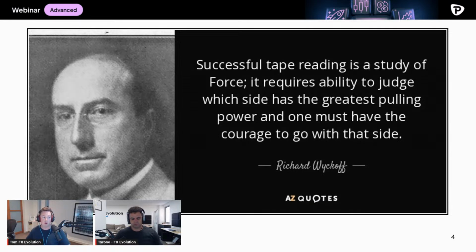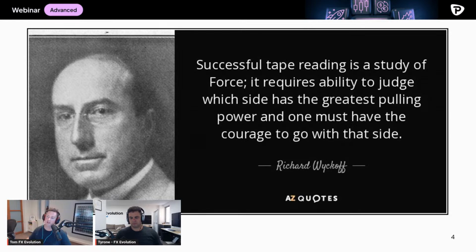Whether it's Druckenmiller, whether it's Wyckoff, whether it's another one of your favorite investors or traders, they all have very similar quotes. And you'll notice that a lot of the quotes are talking about the study of force or basically thinking outside the box. If it was as easy as following a trend, then everyone would be doing it. And they do say the trend is your friend. There is no doubt that following trends and being in the direction of a 2-hour, 4-hour swing when it comes to market opens is fantastic. And we'll discuss that today as we break down a chart soon.